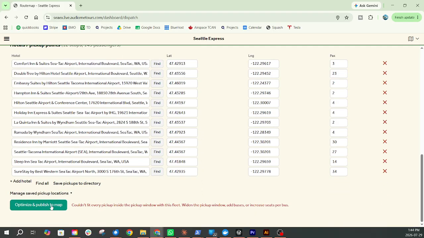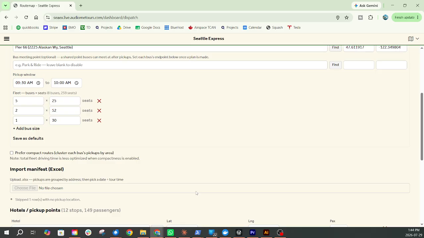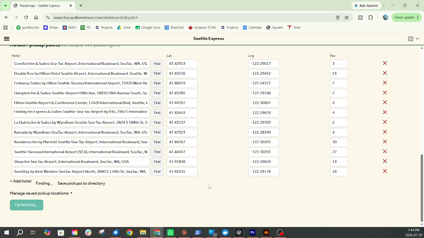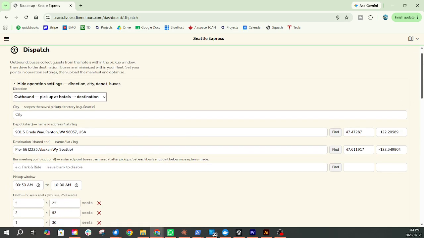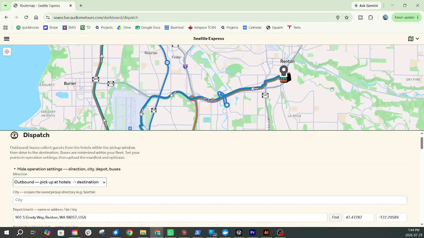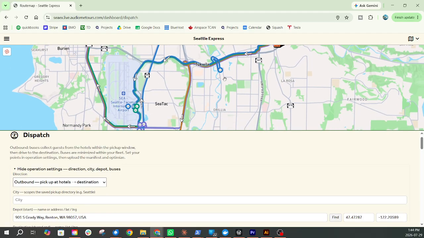I tried to change the buses over, but there was too much capacity, so it detected that. I didn't think it saved that. So let me just run this again quickly to make sure we have everything right. And I won't change anything this time. And now I can look at my map that shows the distribution,